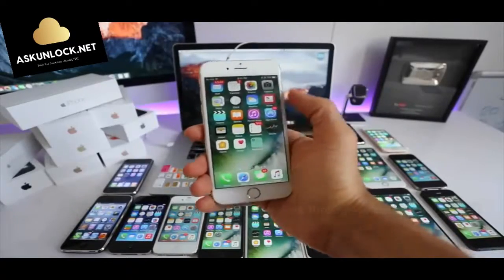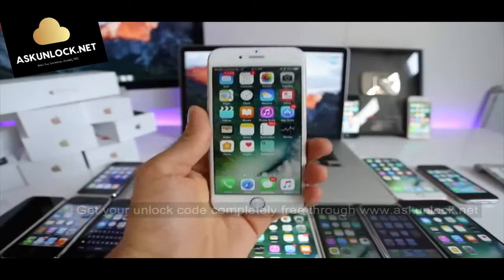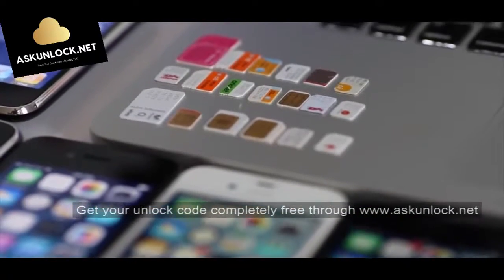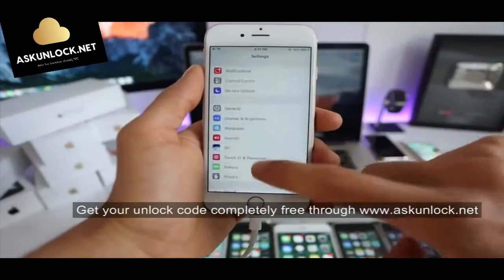So now I will show you how to do a factory network unlock. In my opinion, this is the most valuable way to unlock your phone, and once you have an unlocked phone, you will be able to resell it at a higher price, and your phone will be compatible worldwide with all carriers. The first thing we have to do is to disable Find My iPhone, so simply go to Settings, scroll